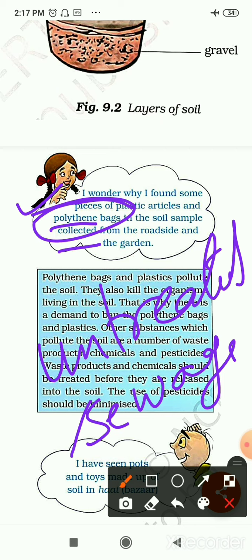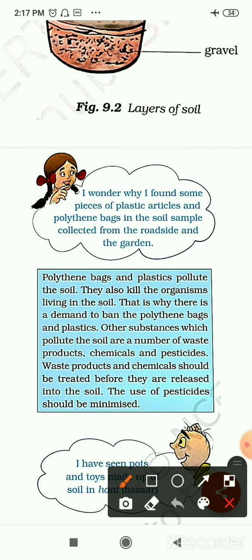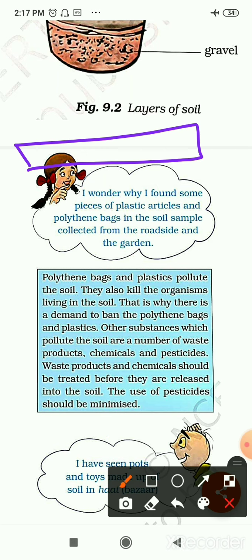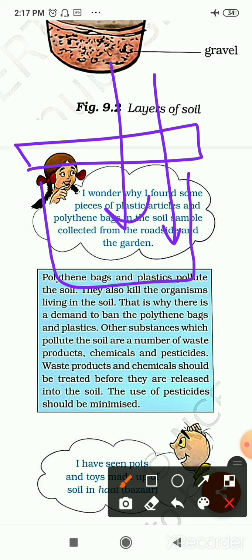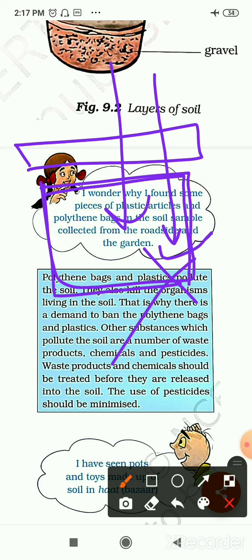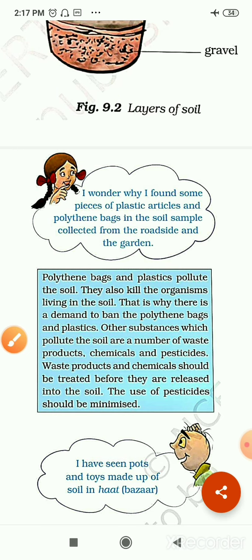And because plastic is impermeable to air and water. If plastic is lying here, then air cannot go below it, and water also cannot go downside. That's why the soil which is beneath this plastic will be infertile, right? It will be of no use, and microorganisms and other animals, worms, insects, will also not grow in the soil. So the soil will become barren, it will be spoiled. So these all are the issues which are responsible for the pollution of the soil.